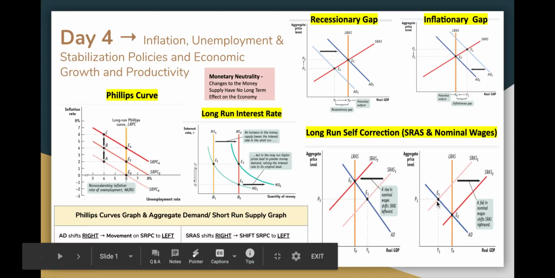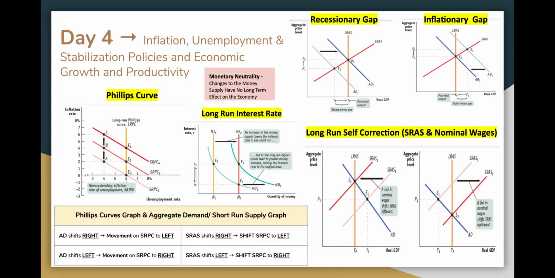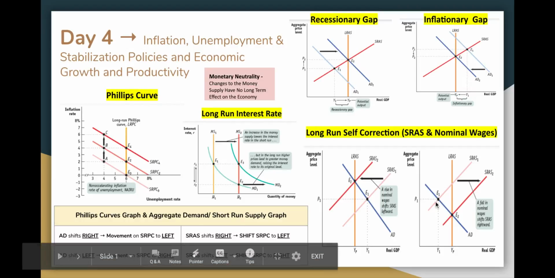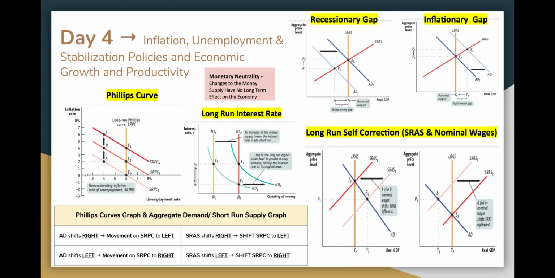So in the long run, if you have a recession, a lot of people out of work, people are willing to work for less than they originally were. And because people are willing to work for less, if you're in charge of a company, if you're in charge of a factory, you're going to hire more workers because you don't have to pay as much for them. And so the short run aggregate supply curve shifts to the right because this happens collectively in an entire economy. And here's your new equilibrium. There we see a self-correction.